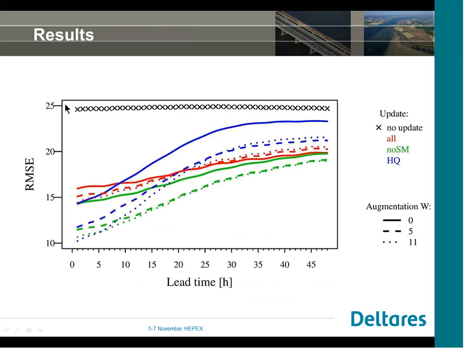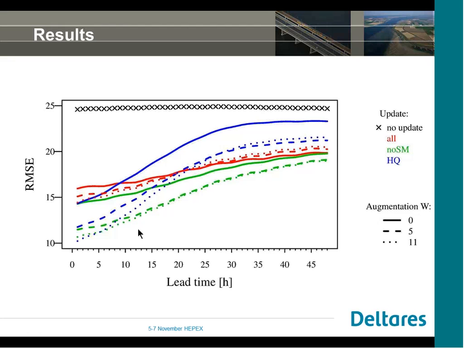Here you see the crosses indicate no update, so this is no data assimilation. The solid lines in red, green, and blue indicate ensemble Kalman filter runs. The dashed lines indicate the assimilation window of 6 hours, and the dotted line with the points indicates 11 measurements.